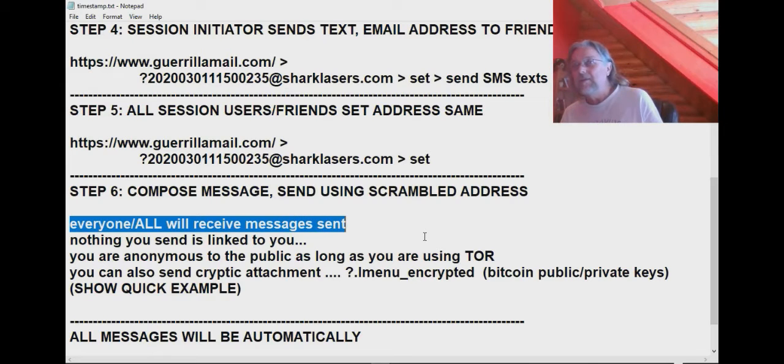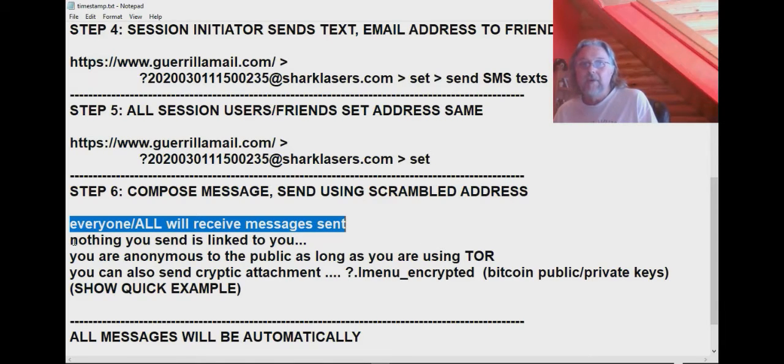So anybody logged into that email address on Gorilla that Darren phone sent the SMS text to will receive the message. So we all receive it at the same time. There's only two people doing it, only the two that are corresponding, having a conversation. But you could have a party going on if you want, all over the world if you want. I know it's not perfect, but the thing is that